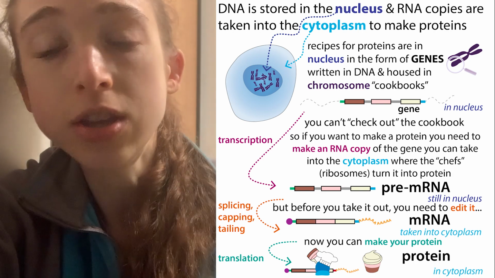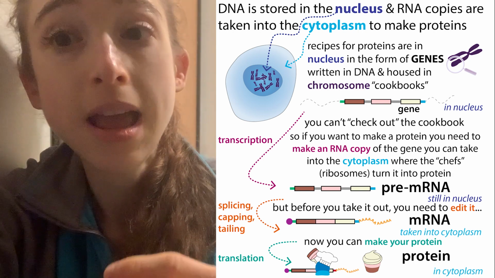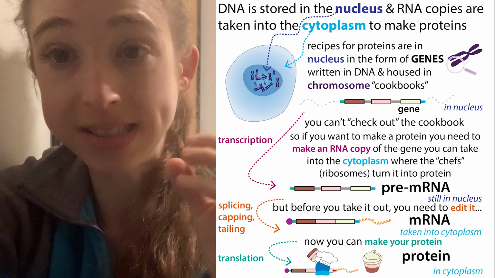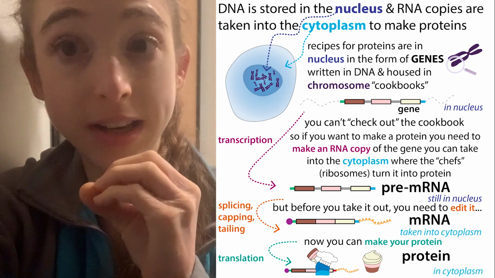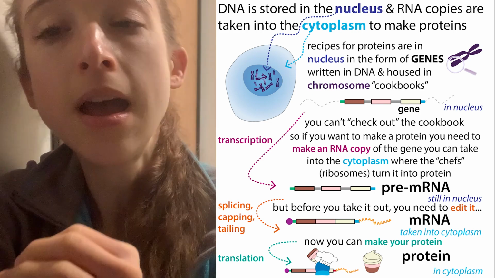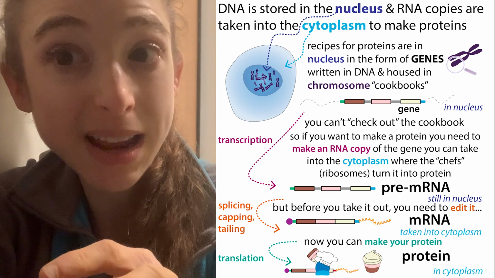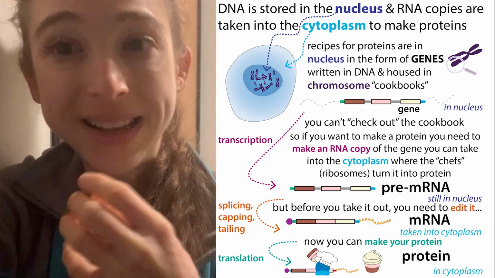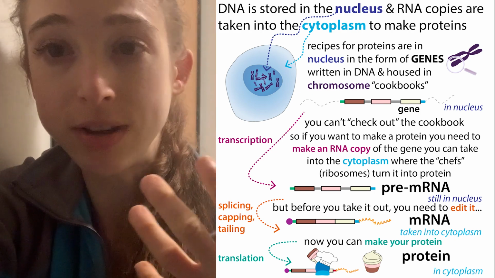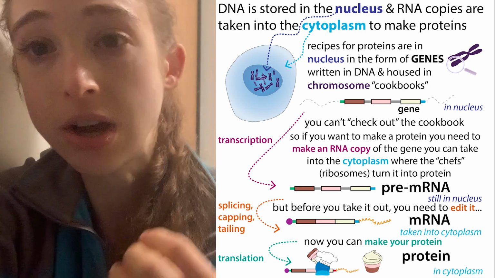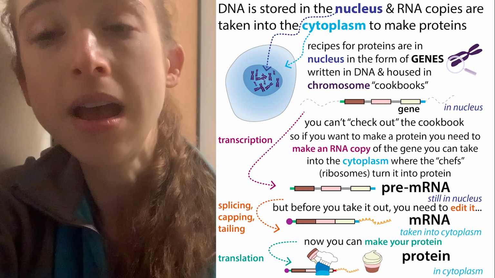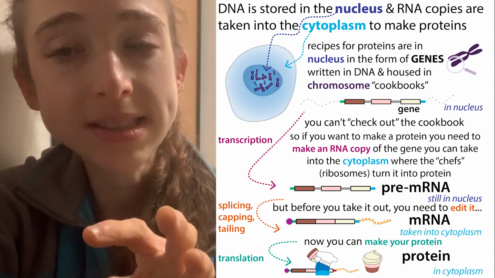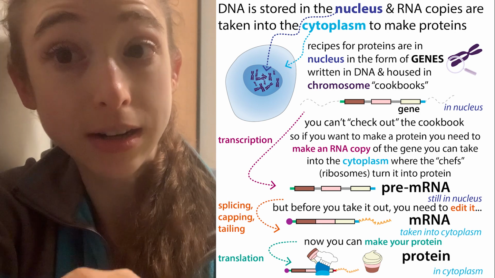But most of the time, when we're talking about protein-coding genes, so instructions for making proteins, you make a messenger RNA copy of that, and then those copies are exported out of the nucleus. I didn't mention, but all of this is happening in this membrane-bound compartment in your cells called the nucleus. It's kind of like a restricted section in the library, so you can't check books out of there, but you can make copies of them and take them out. This is what your cell does when it wants to make a protein. It makes copies of the DNA recipe, and ships them out of the nucleus into the general interior of the cell called the cytoplasm, where the protein making can occur.